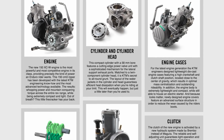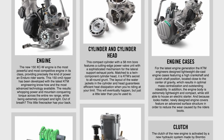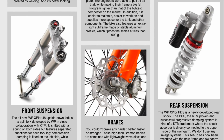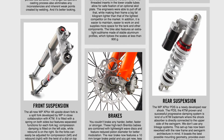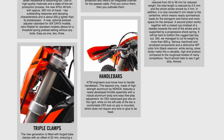They're also putting out a 2017 150SX and a 125SX. So there's two. They're adding a couple of bikes into their motocross version. I know this is about off-road bikes, but they're adding a 125SX and a 150SX. So that's pretty sweet. As far as for the 450s, speaking of the 350 XCF and the 450 XCF, basically